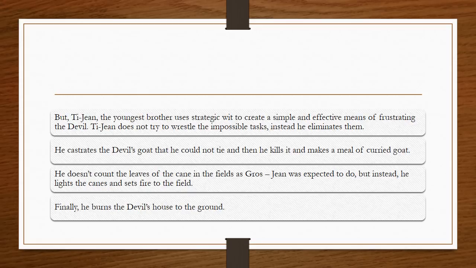Now, Ti-Jean doesn't count the leaves of the cane in the fields as Gros-Jean was expected to do, but instead he lights the canes and sets fire to the field. Finally, he burns the devil's house to the ground. Now, his head-on attack of the challenges that he's given is important because it shows a different kind of strength coming from the youngest brother. He doesn't try to figure out how to change what is there. He instead tries to eliminate whatever problems are in front of him. And this is what makes his strategy so much different from the